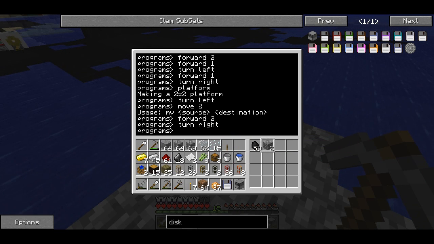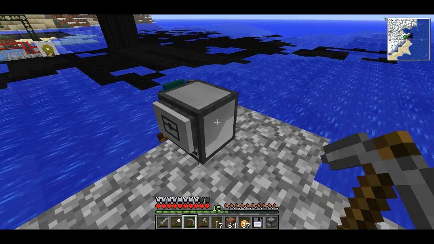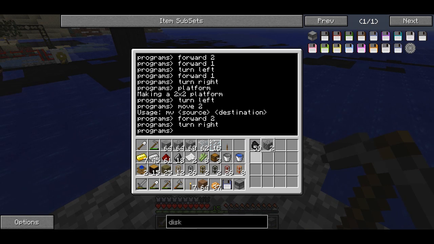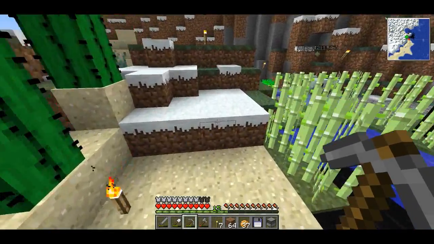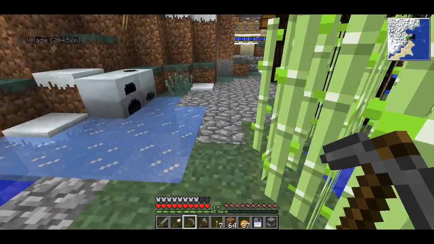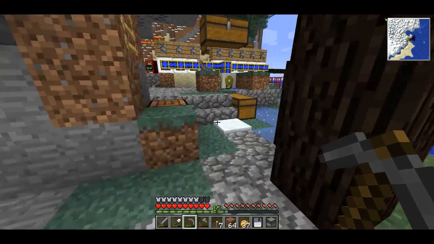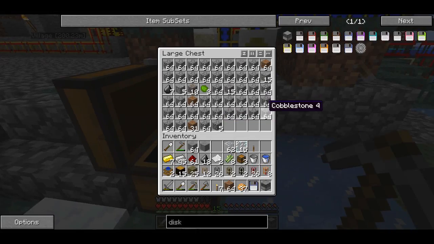I need to give it some coal. It's powered by coal. It can't move unless it has some coal in it. Actually, well, it already has some energy from coal that's burned previously. That's how it was able to move without any coal in it. But if it needs more energy, it's going to need some more coal. And then I'm just going to fill the rest up with cobblestone. The way the program works is it looks at whatever item is in slot 2, and it tries to use as much of that as possible to make a square